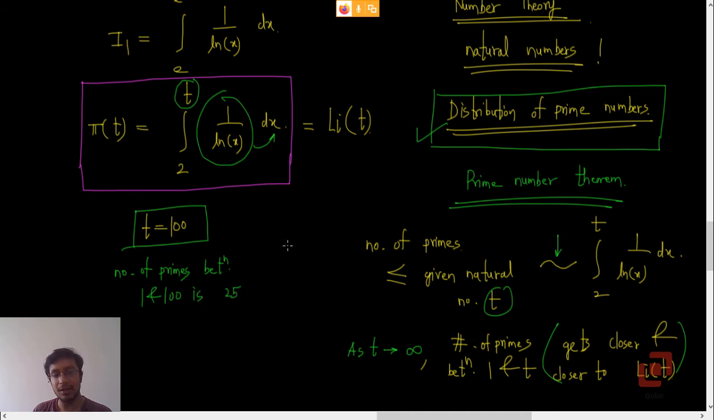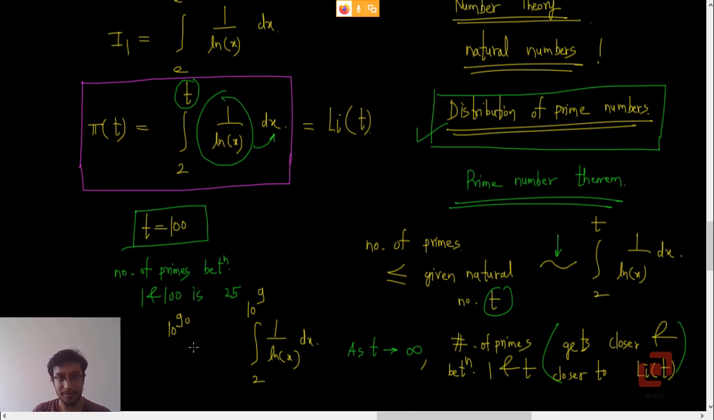We can make a list and check: 2, 3, 5, 7, 11, 13, and so on. The last prime will be 97. Now if instead of 100 we write, let's say, 10 raised to 90, a very big number. Well, you know that prime numbers are infinite in number. There is no largest prime number. So if you find the number of prime numbers between 1 and 10 raised to 90, that will be very close to the value of the definite integral from 2 to 10 raised to 90 of 1 upon log x